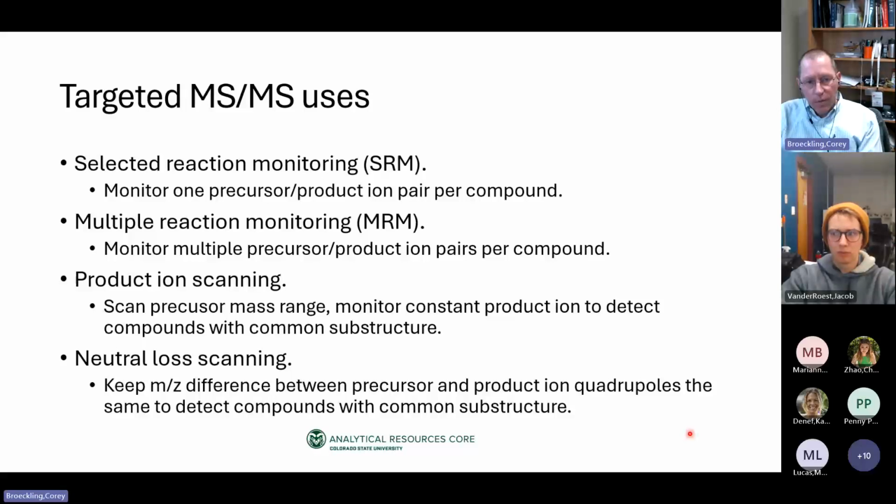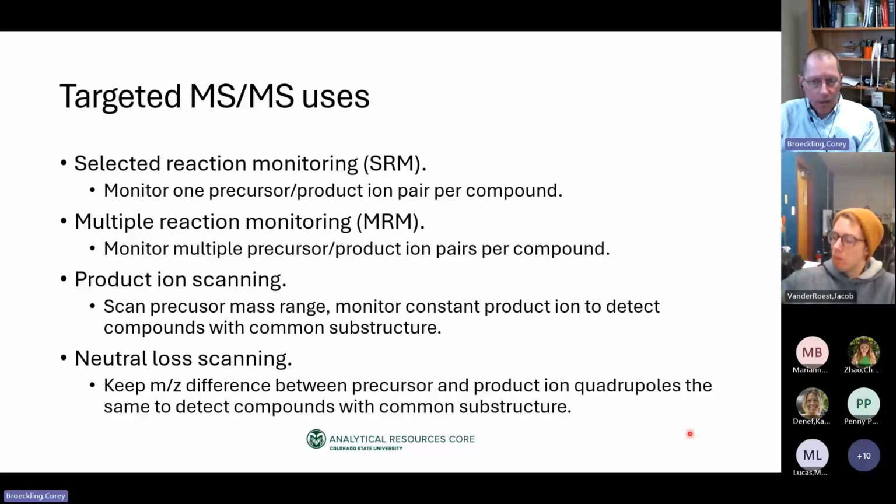And in doing so, this assay can be used to detect a particular common substructure across a bunch of different molecules. There's another application called neutral loss scanning, where you keep the mass difference between the precursor and the product the same, so that you might have, for example, a lipid class, the phosphatidylethanolamines, that give a common neutral loss of 141 mass units. And if you have your first quadrupole 141 mass units above your second quadrupole all the